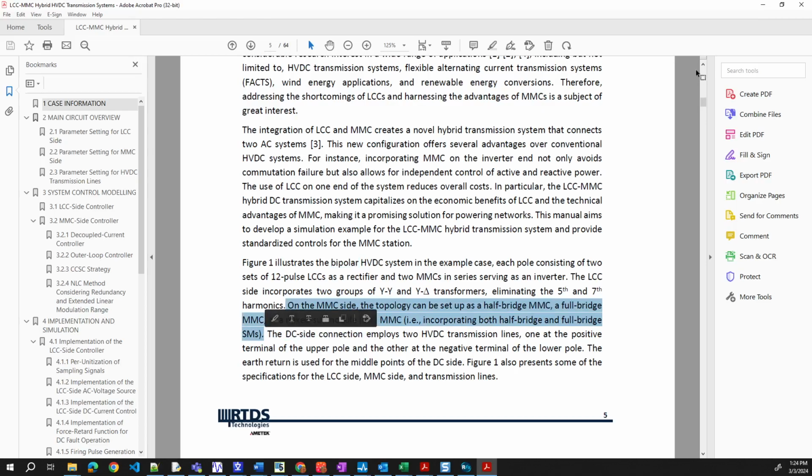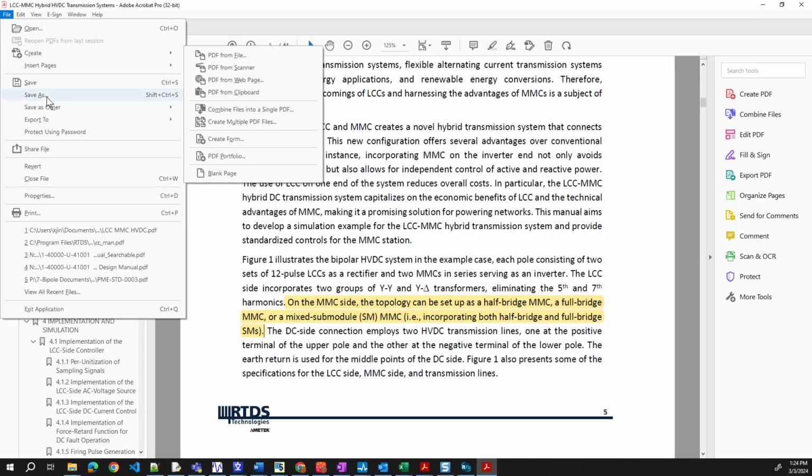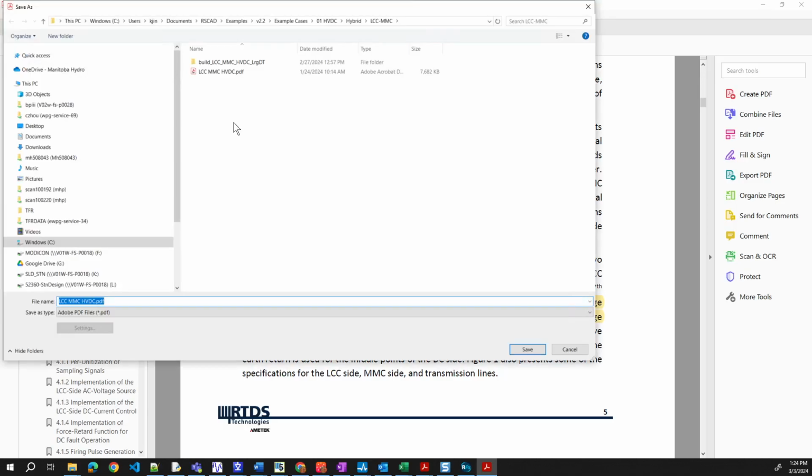This can be an option, a study option in the future too. I'm not sure, can I save this? Save as? Yes, we can save this, with a different name. Next time I will open this.